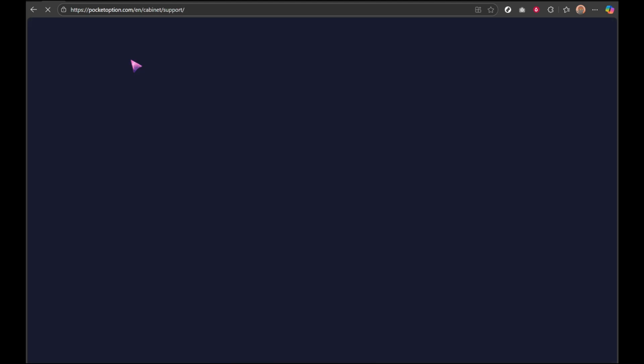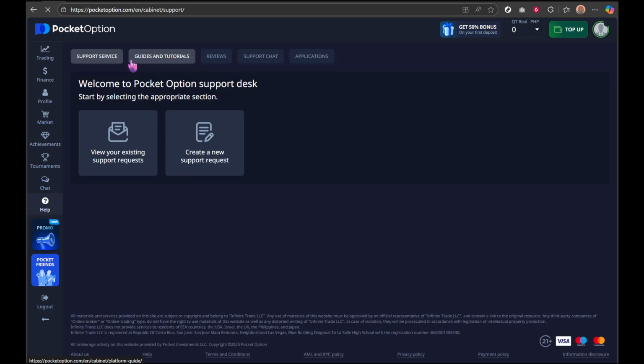Once in the support service area, you have a couple of options. If your query is simple and you need a quick response, you should click on Support Chat. This feature allows you to send a message directly to a support agent and receive swift assistance. It's perfect for straightforward questions or minor issues that need short-term solutions. However, if your issue is a bit more complex,